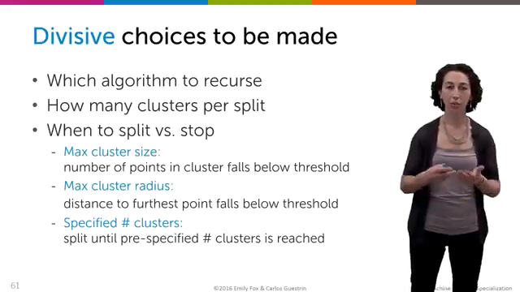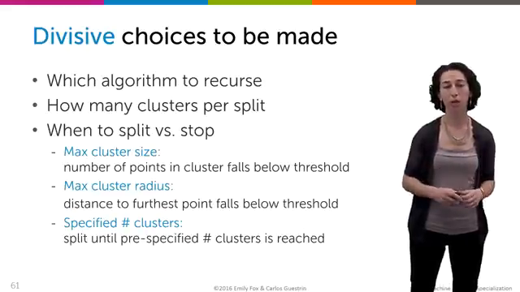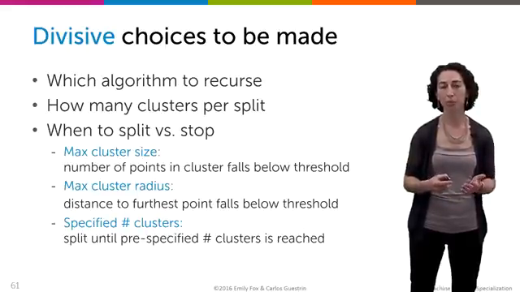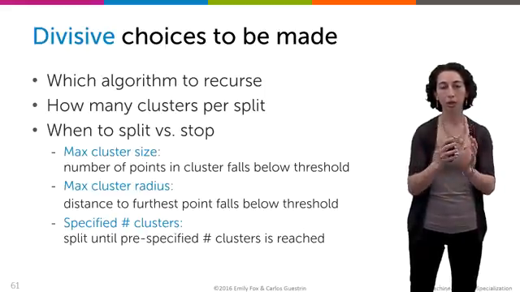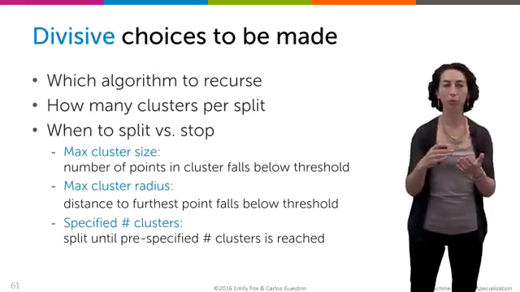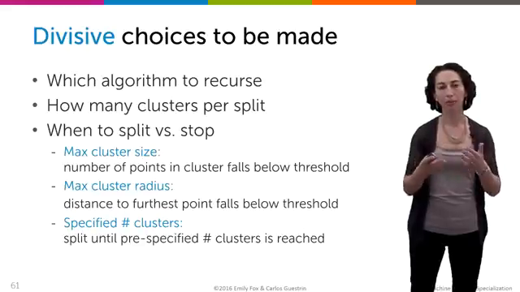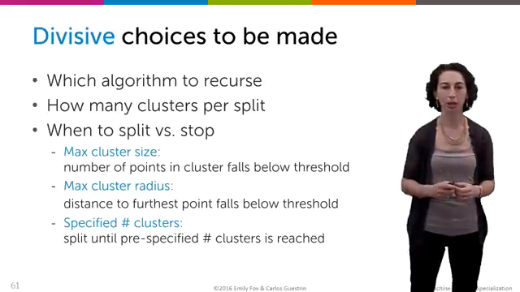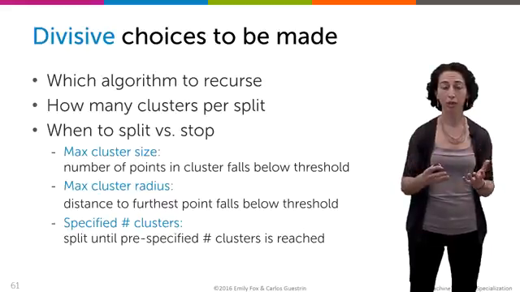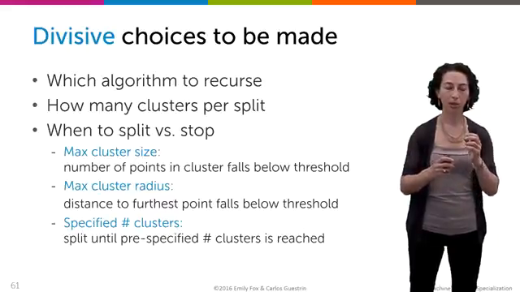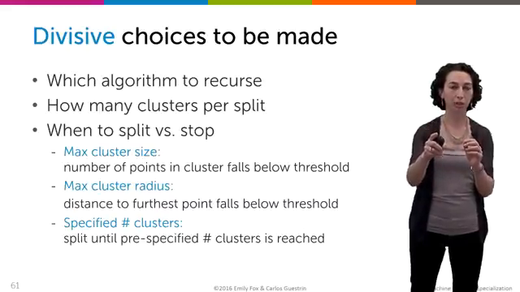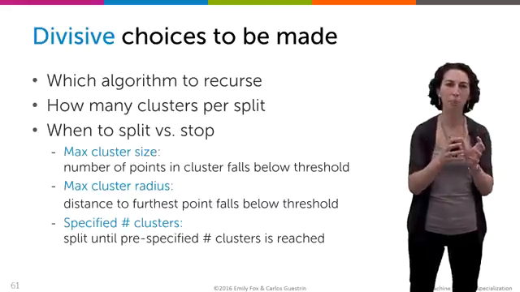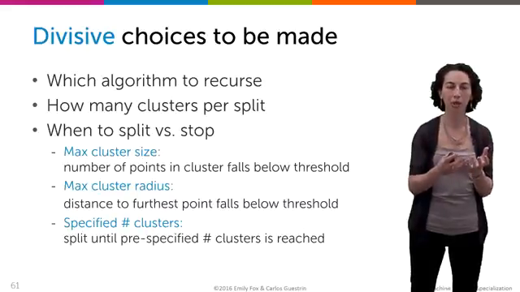And finally, we have to decide when to continue splitting or stopping this process. And there are a number of heuristics that people look at for the stopping criterion. One is to think about whether a cluster falls below a certain size. So there are fewer members in that cluster than a pre-specified threshold. And then if that condition is satisfied, you would just stop splitting that cluster. Another is to look at the spread of the cluster. So if the distance from the cluster center to the furthest point in that cluster falls below some threshold, then you say, okay, well, it's a compact enough cluster for what I'm hoping to get out, and then you stop